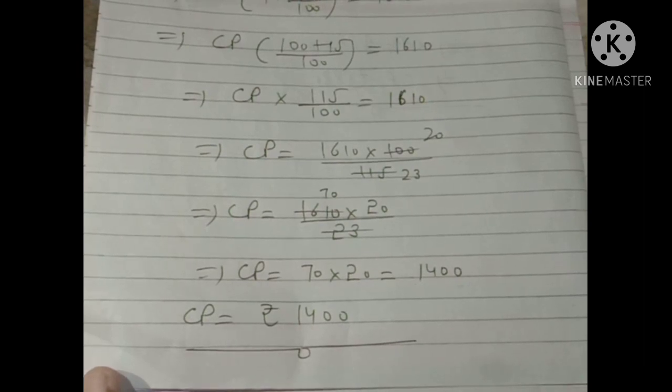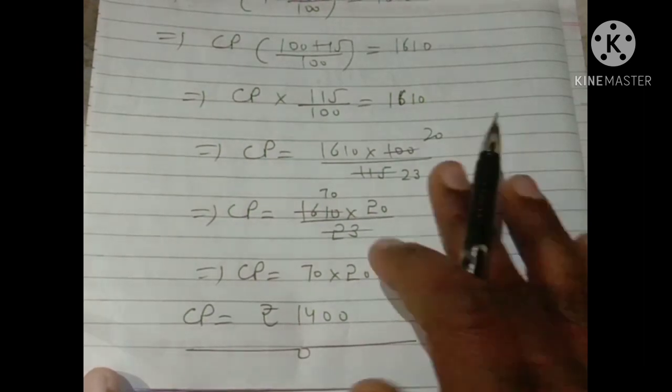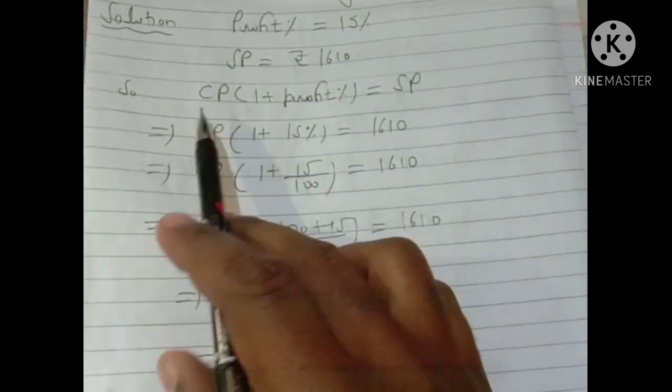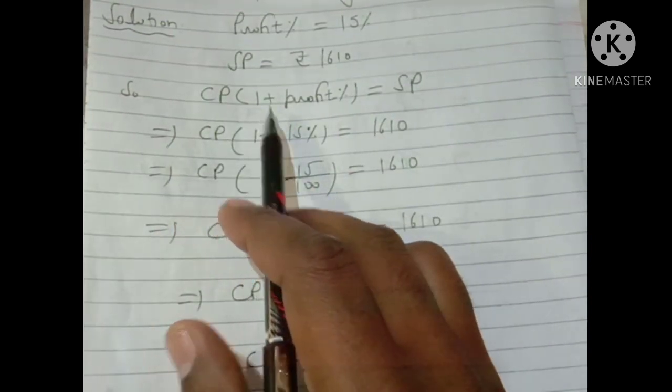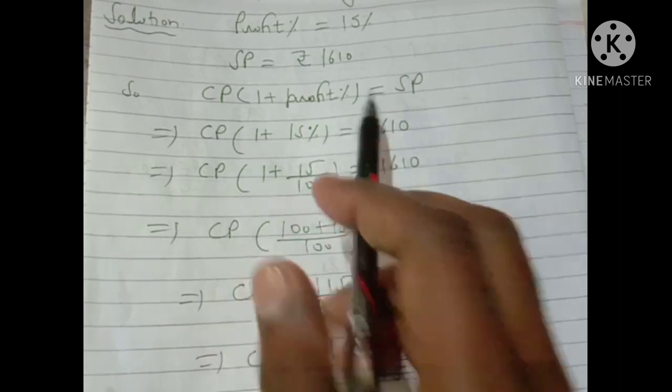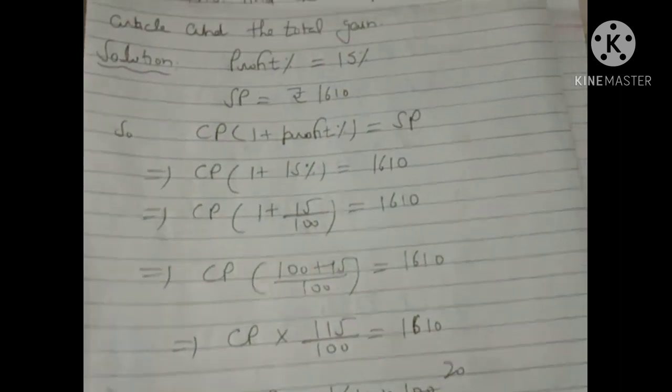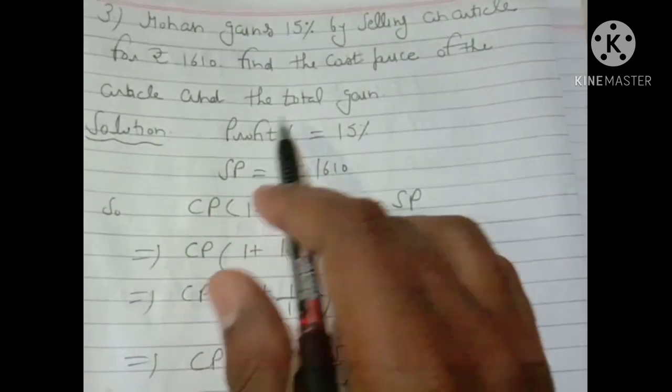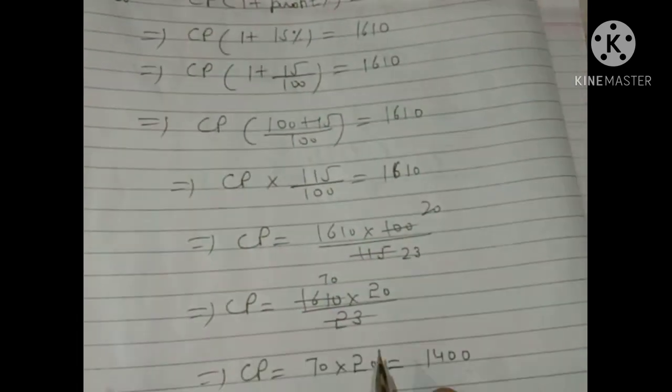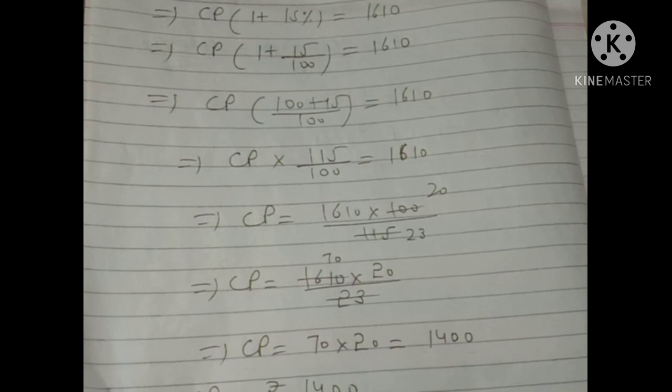So in this way we can find out the cost price. It is very simple, we only have to apply this formula, that is CP into 1 plus profit percentage is equal to SP. And in this case we have to find out both the cost price and the gain. I just explained the cost price to you, that is rupees 1400, and now you can see